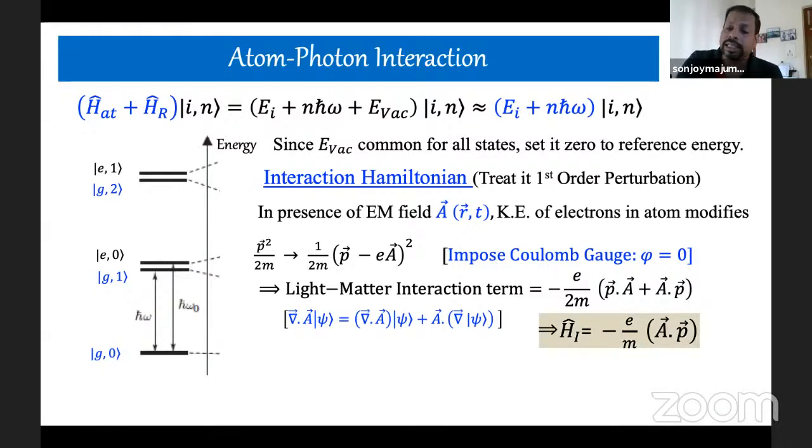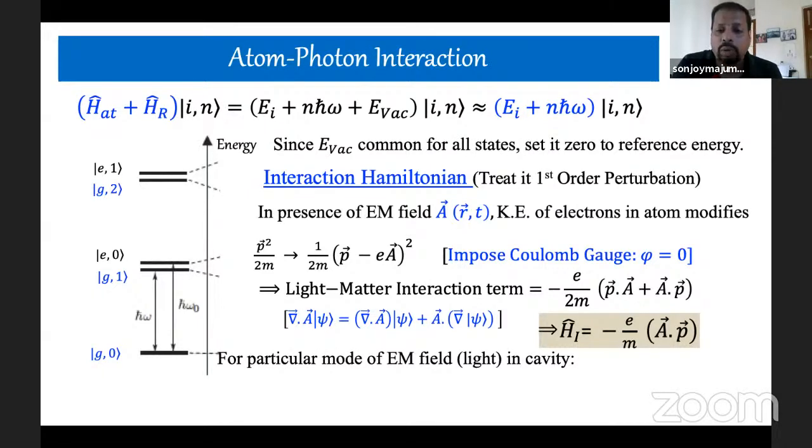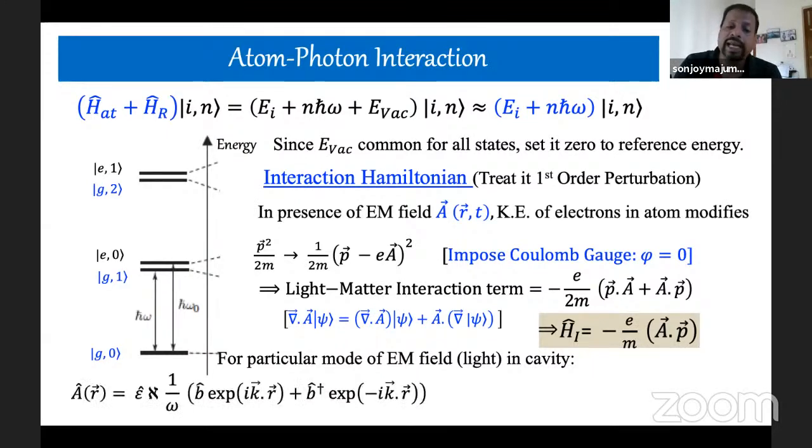Now, once this is clear to you, let me go to that particular mode inside the cavity of the light. Once you have that light inside the cavity and we are choosing the particular mode, we are not giving any indices for the mode. As we have seen earlier, the vector field of the vector potential can be written in terms of polarization terms, amplitude terms, and then a dimensionless operator, which we can write in terms of creation and annihilation of the photon,